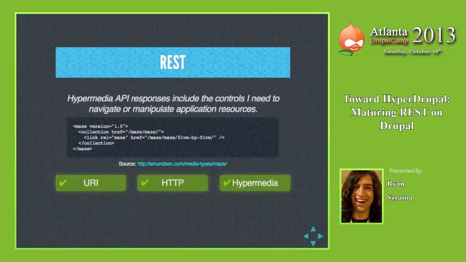So again, I said that the promise of REST is the API equivalent of a wiki walk. You can have a client that knows nothing about your Maze server, but if we both are using this media type, my client can be pointed at your server's URL, and I can still use it just the same as I would anything else, just like I can get lost on wikipedia.com and click around between web pages and not have a wall if I want to browse out to some external website. It's all uniform.